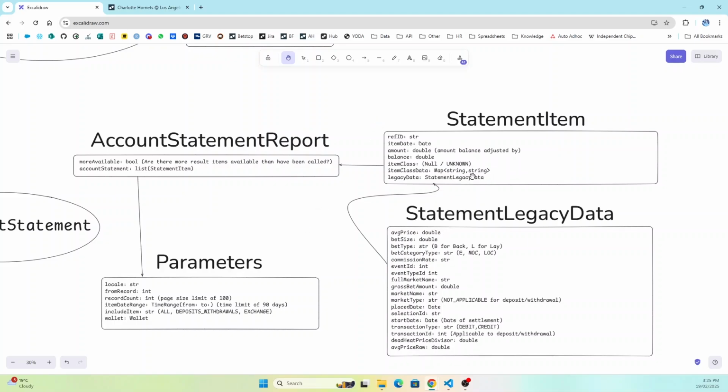data, the legacy data here. So this legacy data is probably the most interesting or most detailed about the different bets. So it gives you your average price, your bet size, your bet type, category type, so E means exchange, so limit bets, MOC or LOC, your commission rate,